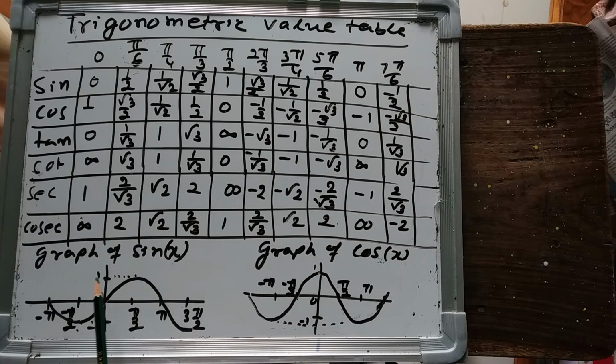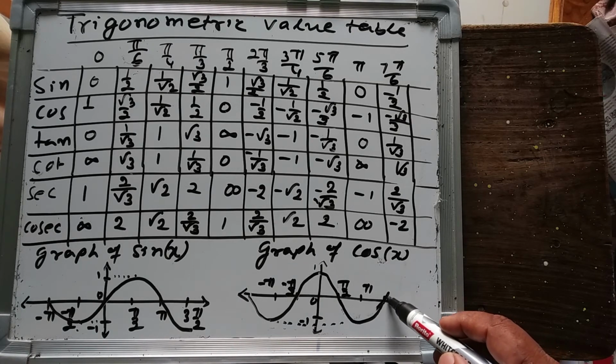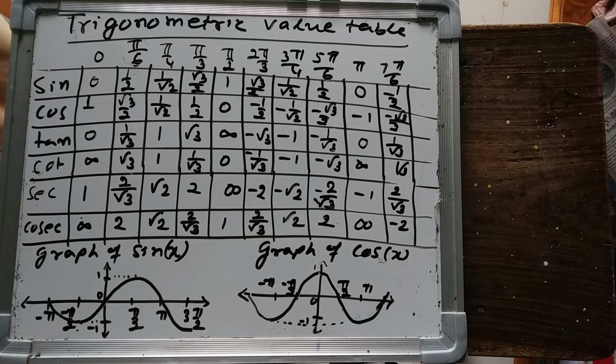Come to the graph of sin x. Sin x is a trigonometric function, and it is the beginning of the trigonometric functions. The trigonometric concept first gives ratios, then the ratios are converted to functions of the argument. Here in sin x, x is my argument, and this argument is taken as the independent variable.